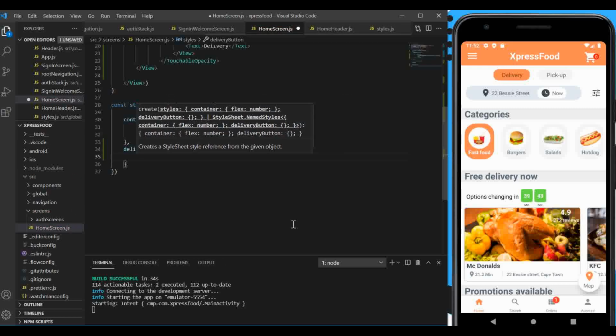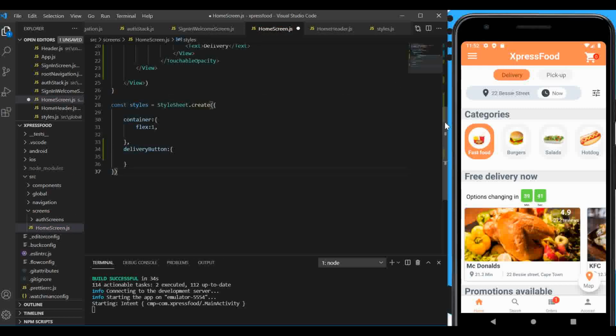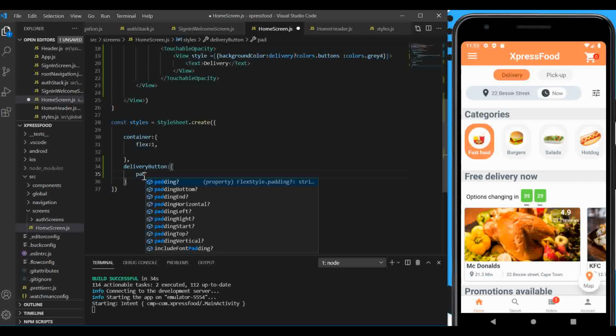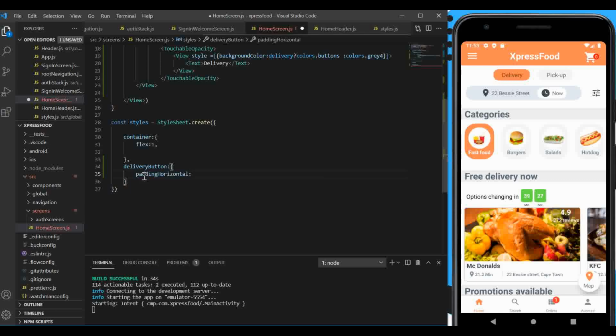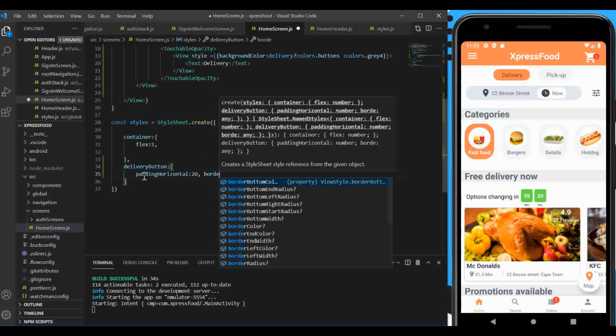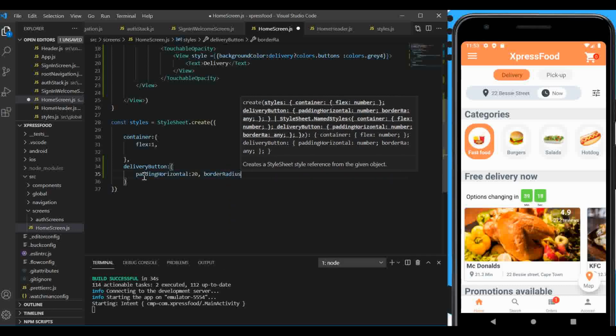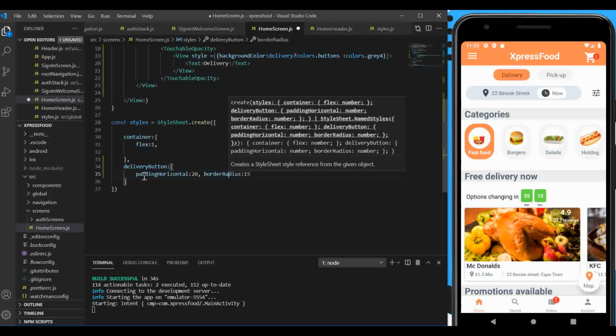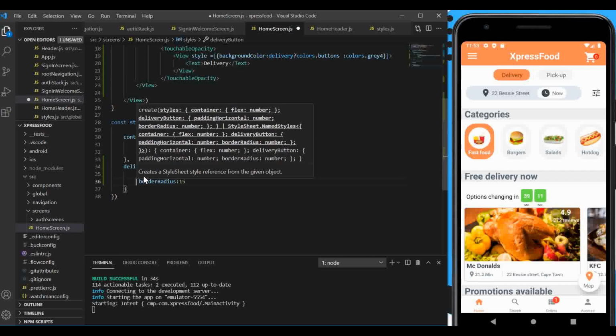I'm creating some styles because the styles are becoming a lot to create all of them there. I'm going to say delivery button here, and then I'm gonna give it some padding horizontal, pass 20, and I'm gonna say some border radius, I'm gonna pass 15. Let me put this at the bottom like this,